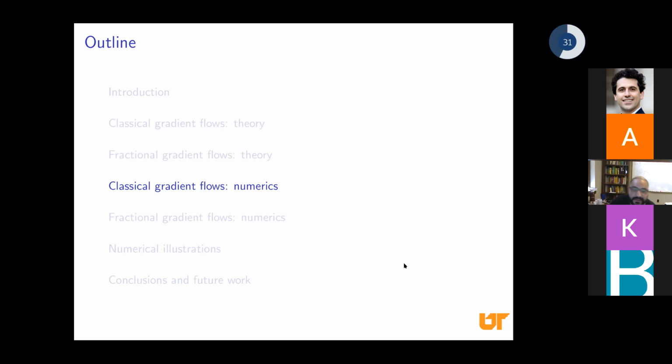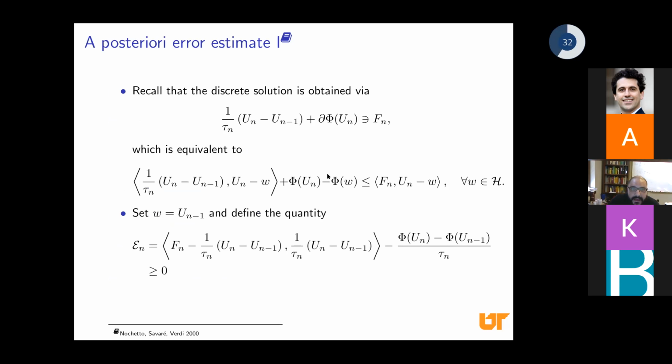So with that being said, we have an existence and uniqueness theory. So now we can try to approximate. Again, very quickly, let me try to go through the classical theory to see what the essential points are here. And the essential points of how to do a priori and a posteriori estimates in the spirit of what Nochetto, Savaré and Verdi did in 2000 is to look at, say, the implicit Euler or the minimizing movement scheme in the way of the variational inequality.